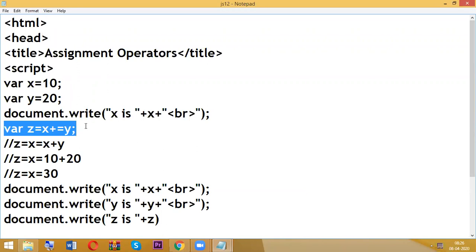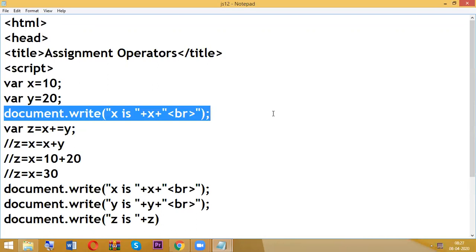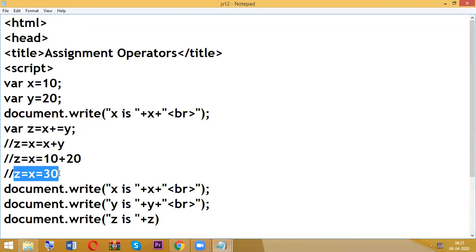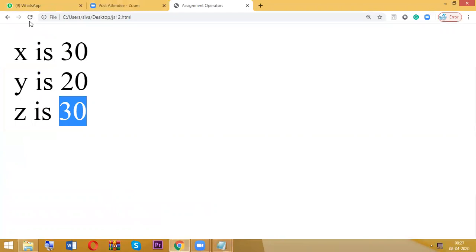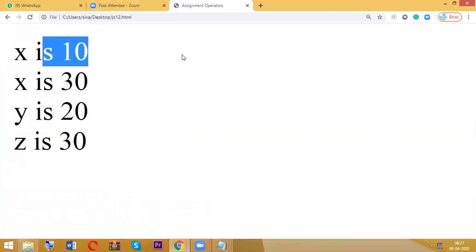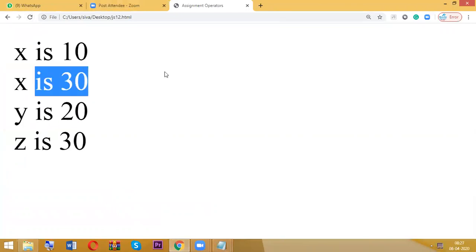So before this expression, x value is 10 only. After this expression, z value and x value both became 30. Just refresh the page. Before the expression x value is 10, after the expression x value is 30.